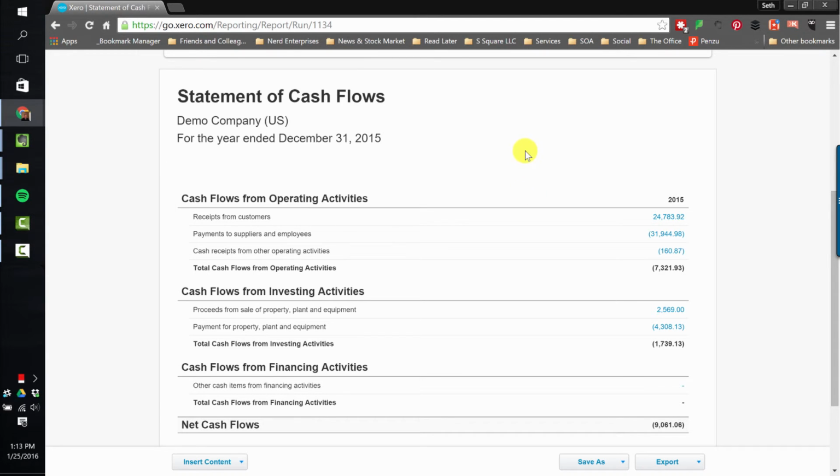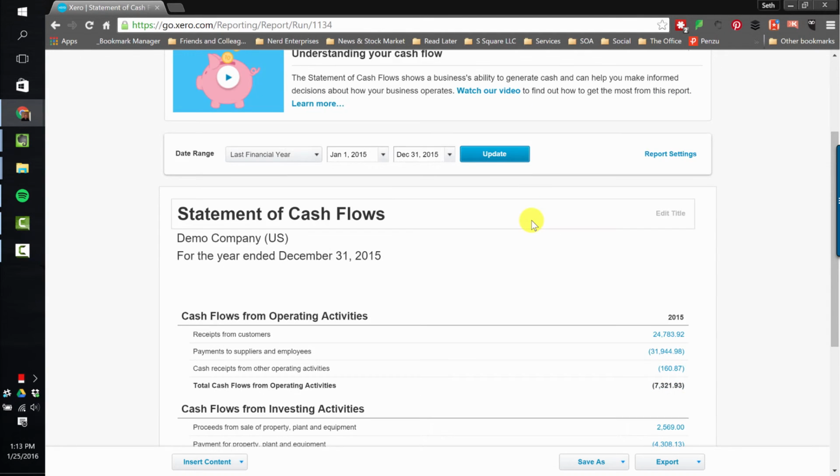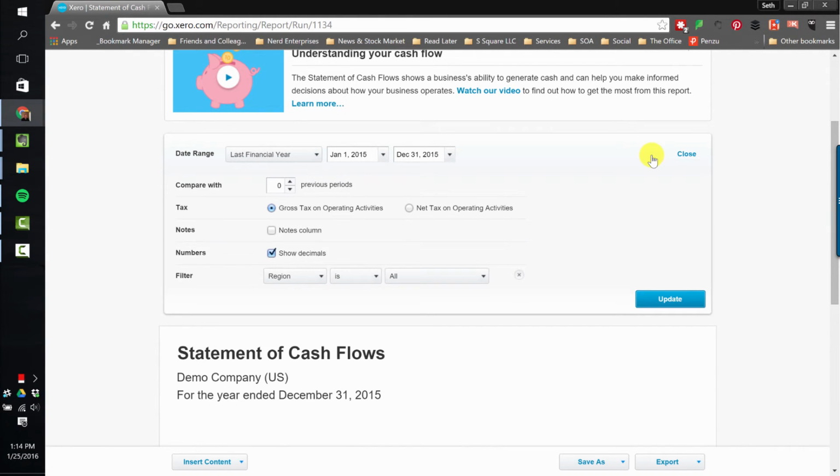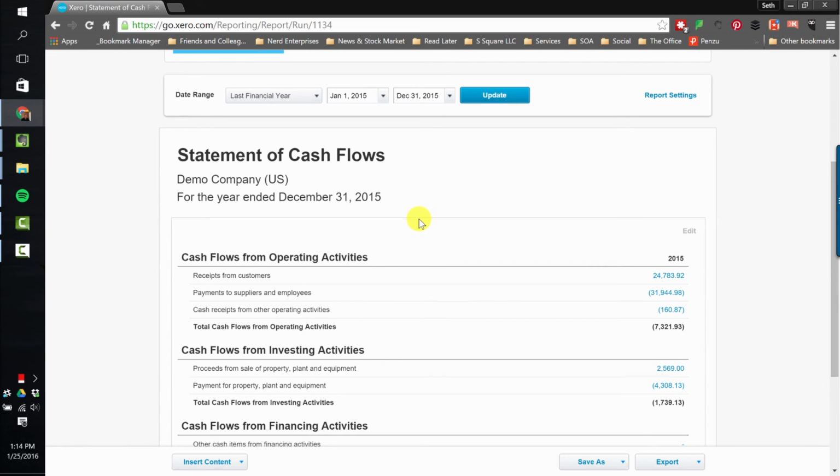So it's a great step that we have the direct method Statement of Cash Flows here. I'm hoping that my friends here at Xero will also give us the indirect method as an option. Of course, I checked the report settings, and it's not one of them. I was hoping I'd see something in here with checkboxes for direct or indirect method. Unfortunately, not there yet. But still, like I said, big step in the right direction. Glad to see we have a Statement of Cash Flows, hoping that we'll get the indirect method provided to us at some point in the near